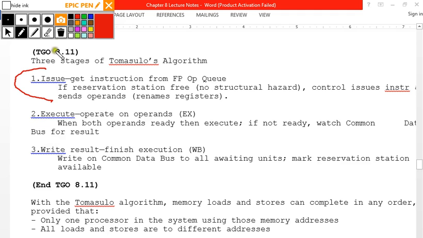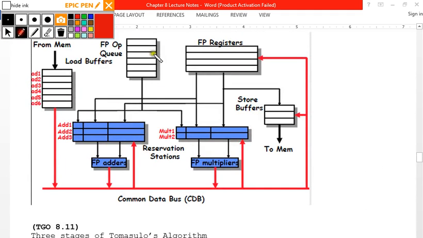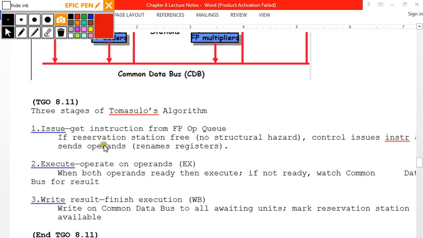So if we go back up to the drawing, your floating op queue is where everything's stored, right? So you get the instruction from your floating op queue, and if the reservation station is free, meaning we have no structural hazards, then we can just put the value there and control issues the instruction. So what that means is,